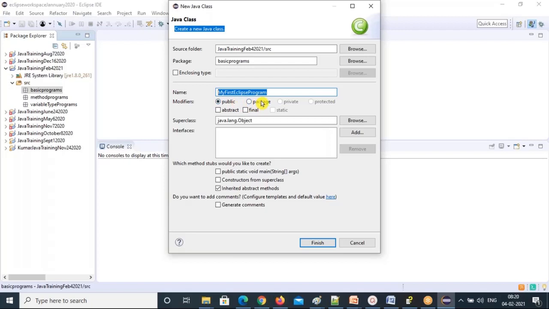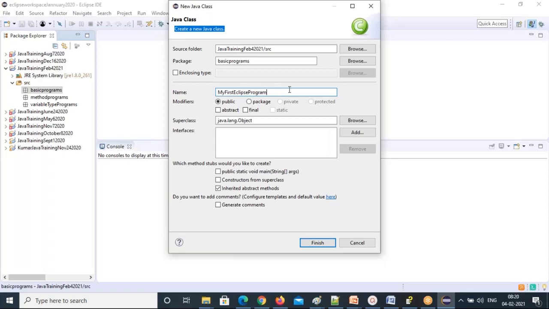You can choose public or package, but you cannot choose private and protected. These radio buttons are disabled for the class, so the class can be either public or package only. So everybody has given the class name. You must follow the class naming conventions: every word's first letter should be in uppercase.